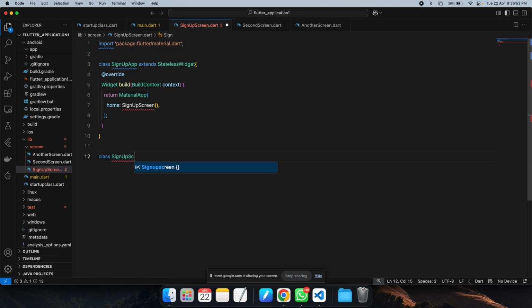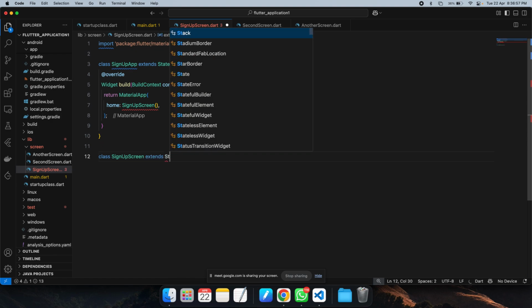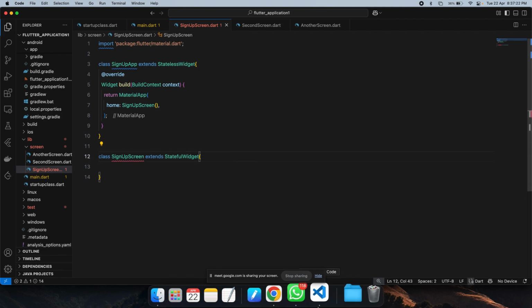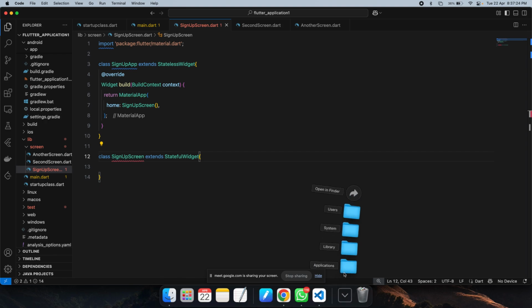For that, we use this sign up screen like this, and into this we have to extend the stateful widget. The basic difference between a stateful and a stateless widget is that a stateless widget returns a widget to us, while a stateful widget returns a state to us. Okay, what exactly is state? So let's suppose that,